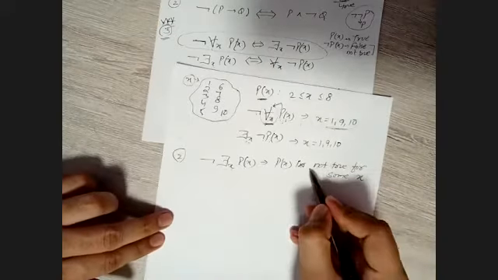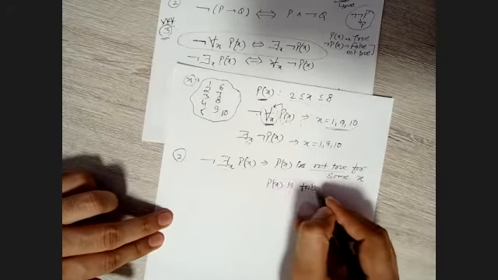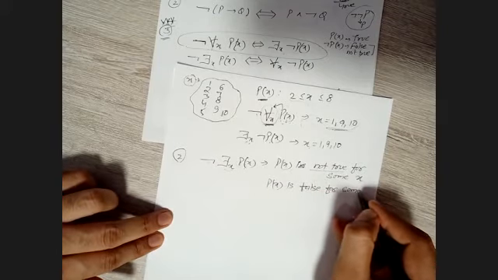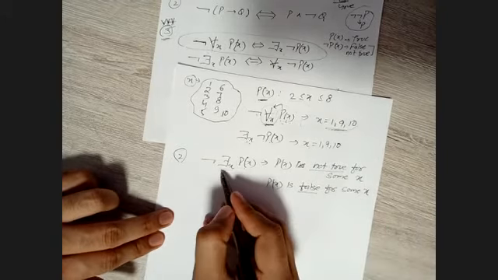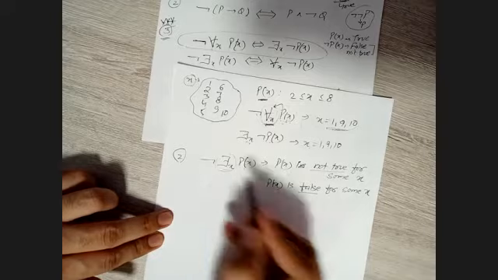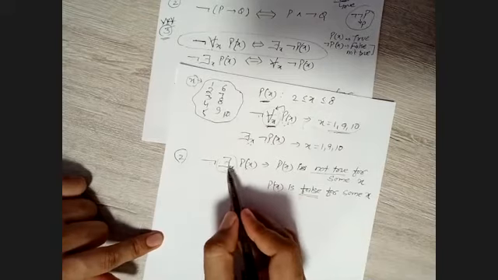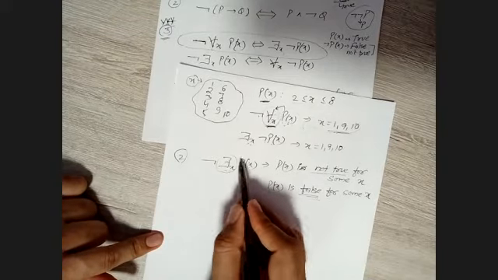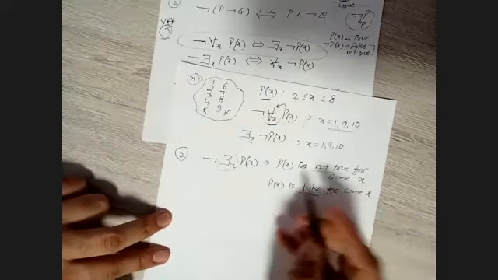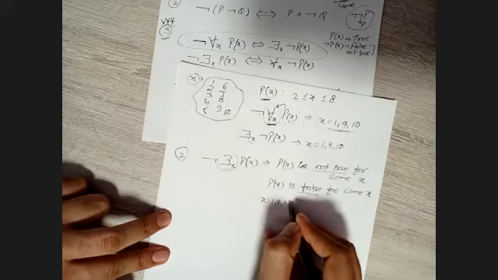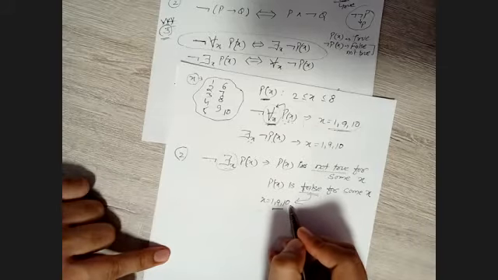Now see this statement, I'm writing this also, p of x is false for some x. I have changed this not true to false here. See, when we have the existential quantifier, we can change not true to false. There is no issue. Understand? P of x is false for some x, or say P of x is not true for some x. Yeah, that is right. P of x is not true for x equals to 1, 9, and 10. Or say P of x is false, again, P of x is false for 1, 9, 10.